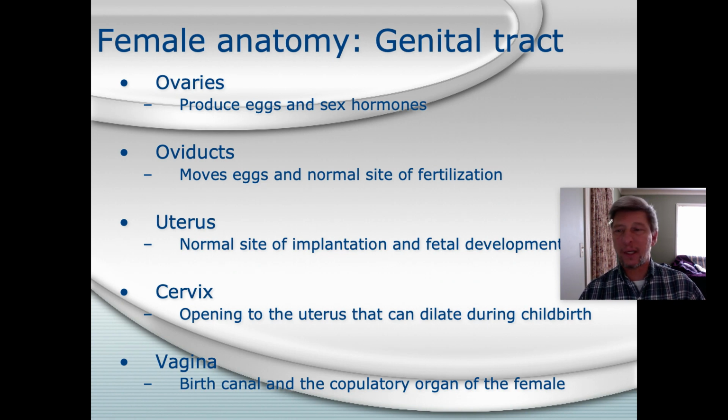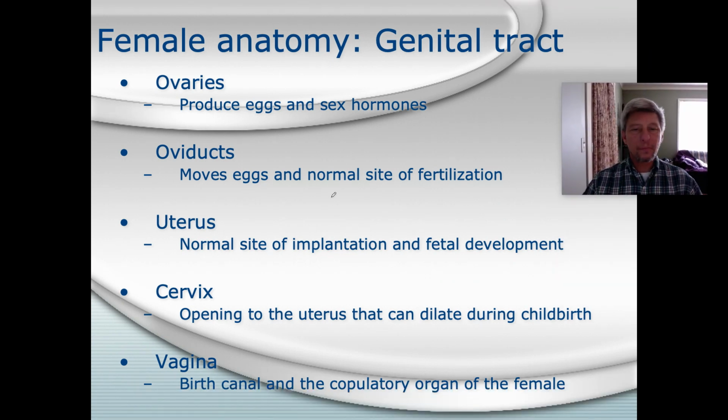The oviducts lead into the uterus, which is the normal site of implantation and fetal development. In other words, this is where the baby develops as pregnancy goes on. Below the uterus is a very strong sphincter muscle, which is known as the cervix. And the cervix is essentially a muscle that closes and opens up during childbirth, so that the baby can pass from the uterus and then out through the